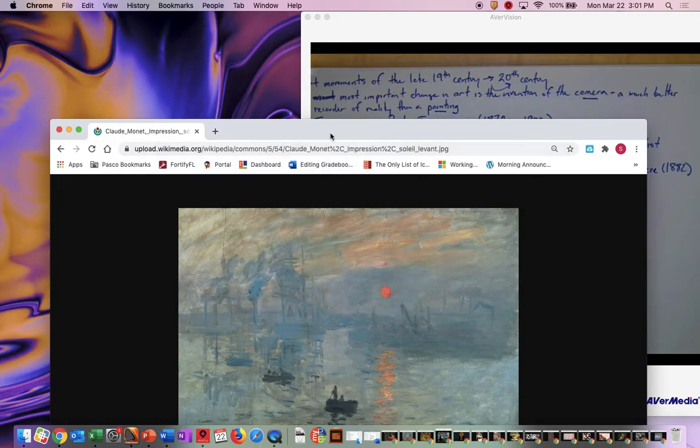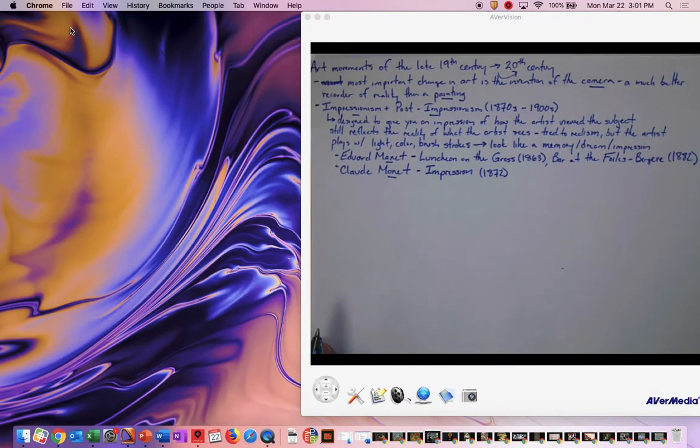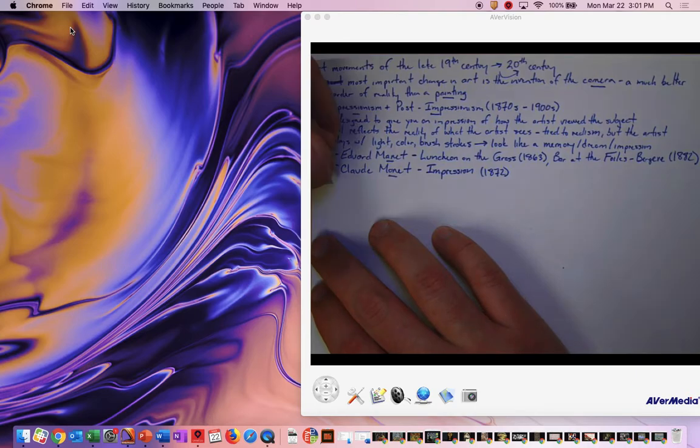This one is a painting that Monet painted, and it actually gave the art movement its name. This is called Impression. And again, it's real life, just like realism was, but it's kind of a memory of it. It's a hazy view of fishermen. So this one is called Impression. And I want to say this is 1872. I think that's what he painted down here in the corner. Okay, so that's Impressionism.